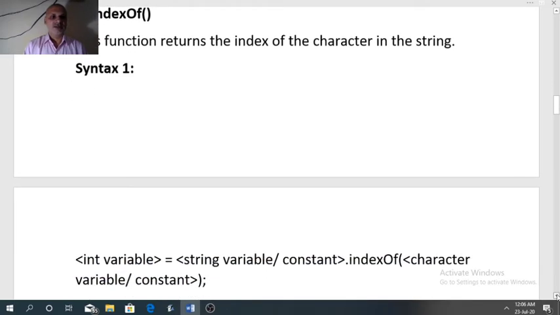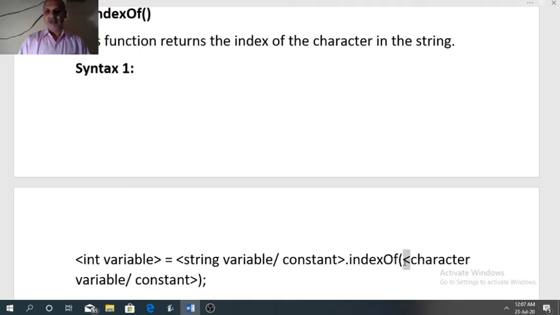First syntax: since the function returns the index, we need an integer variable to store the index. Now the source string can be a string variable or string constant. After that, the name of the function is indexOf. Now the argument: we need to find the index of a particular character in the string.